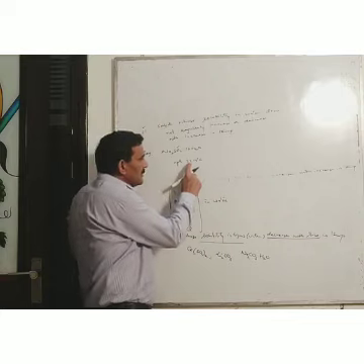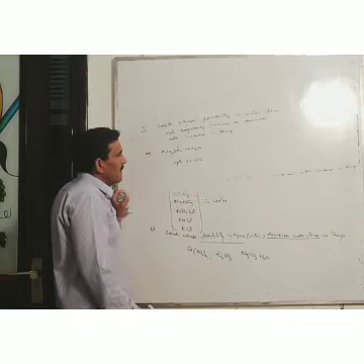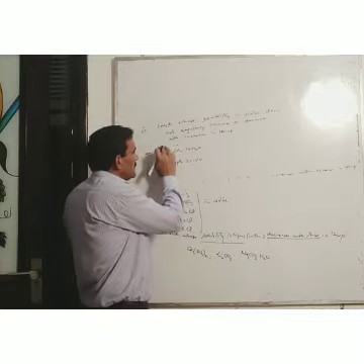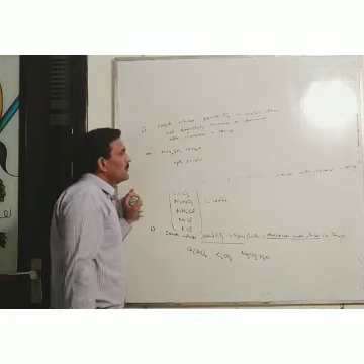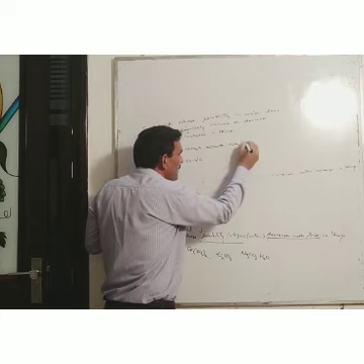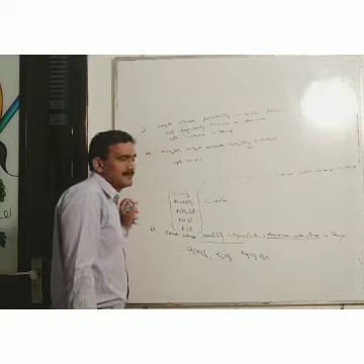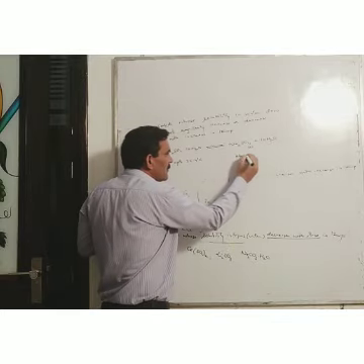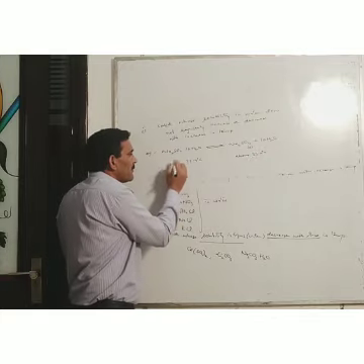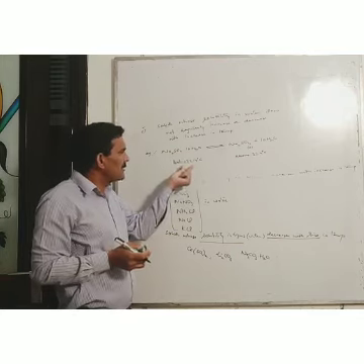But when the temperature is increased above 32.4 degrees Celsius, this hydrated sodium sulfate, this crystalline form, changes to its anhydrous form. It means below 32.4 degrees Celsius, or you can say up to 32.4